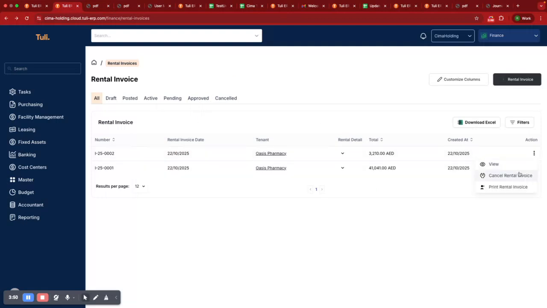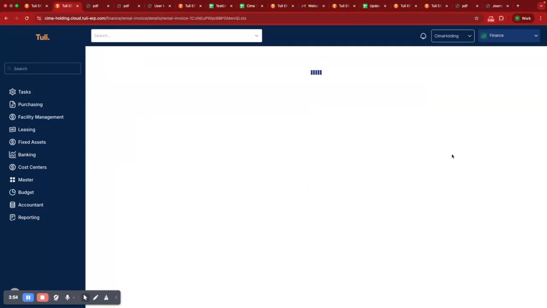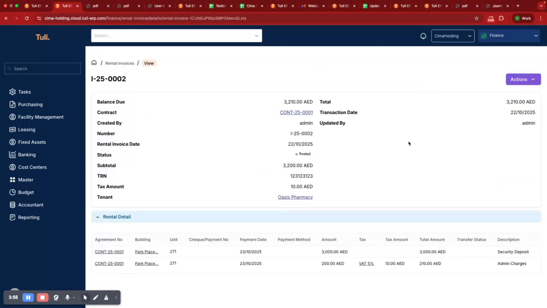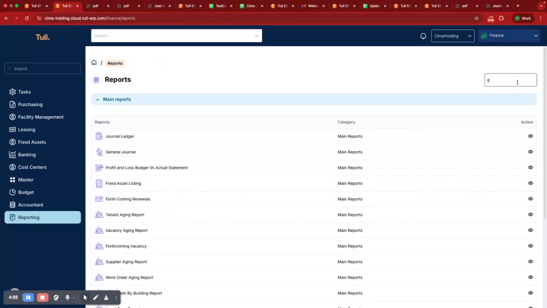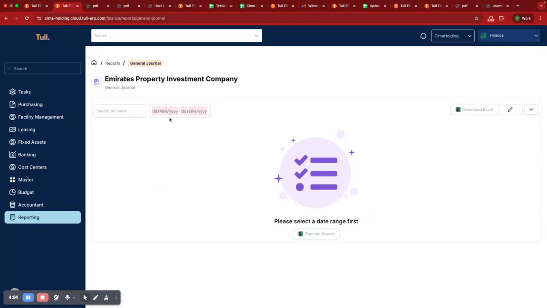You can cancel this as well. Upon canceling, the status will change to cancel and it will pass a reversal entry in the GL as well. What do I mean by the GL? So we go here, click on general. Here, if we select so